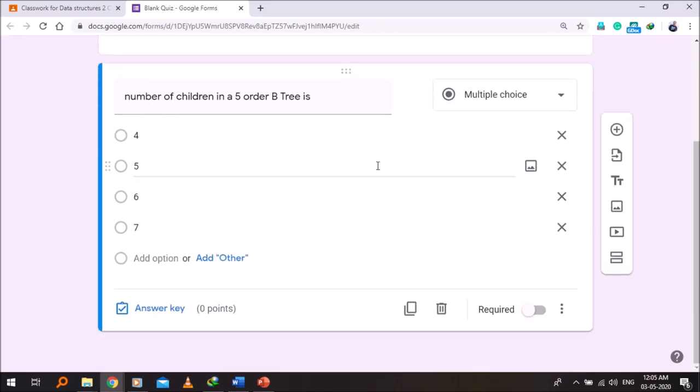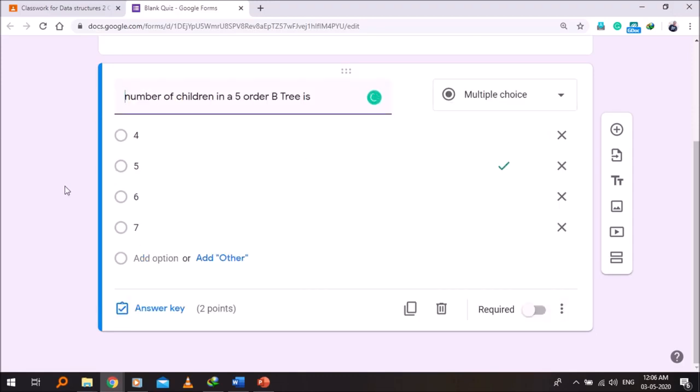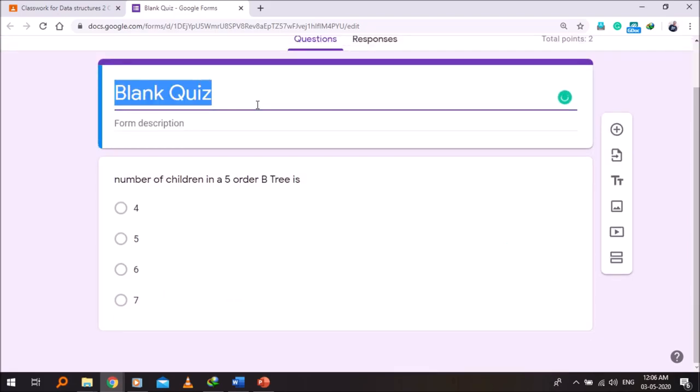So here we can set this question and also put the answer key in the question paper itself. Like the order 5 B tree has 5 children and 4 keys, so the correct answer is 5. I have put it as the correct answer and marked the question as 2 points, and now I will just click done. This answer key will be saved in the question itself,